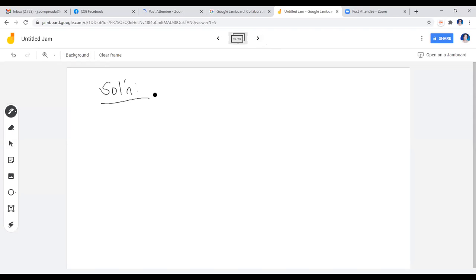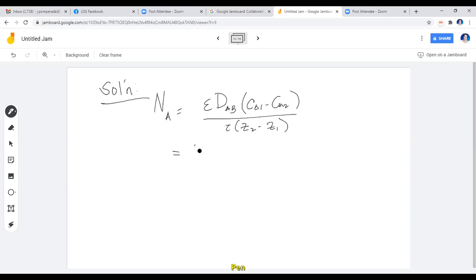So our formula in this case, the one I've shown to you, has the void fraction, has the molar diffusivity, and since this one is KCl, it's liquid, so we will have Ca1 minus Ca2. If it's a gas, then that should be in terms of partial pressure. Then we have the tortuosity times the diffusion path. Okay, so our void fraction in the problem is given to be 0.3 as read to you.